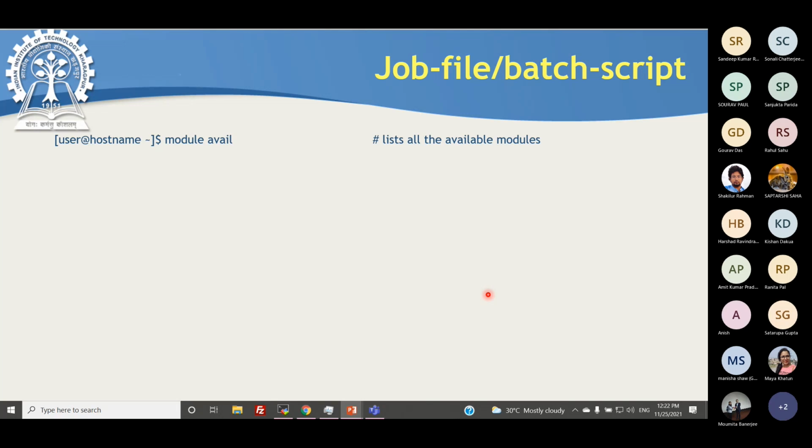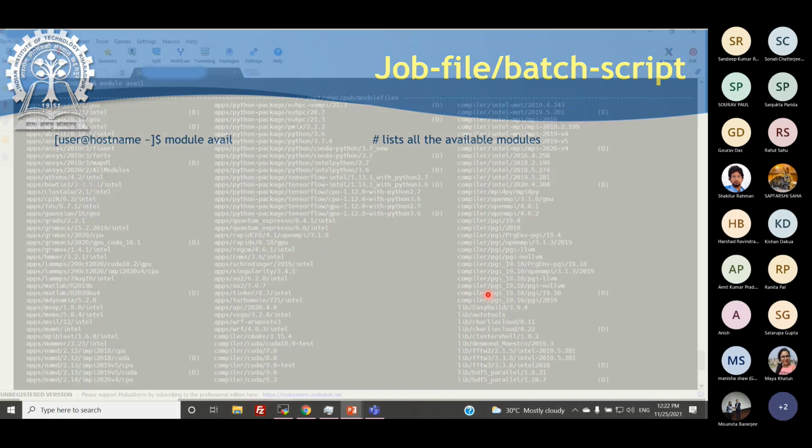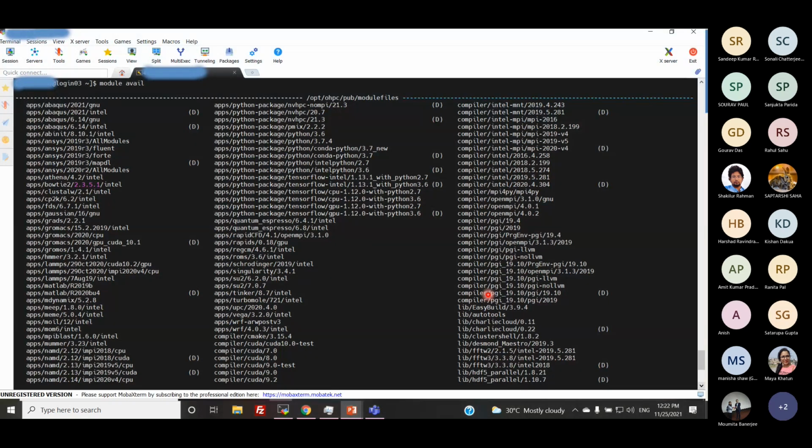Now, if you are going to submit any job, you have to prepare your batch file or job file. So for Linux software, you have to set an environment for your particular software. For that case, there are several modules already prepared in Param Shakti. With the module avail command, you can get a list of modules which are already available in Param Shakti.